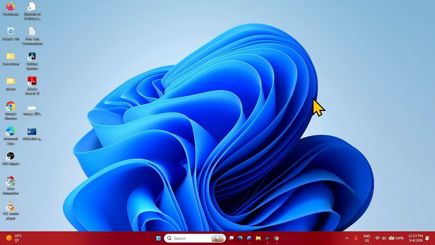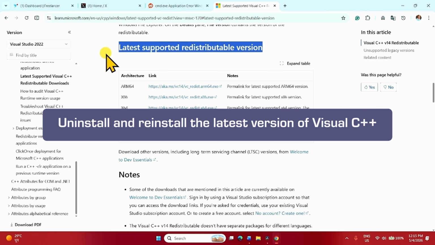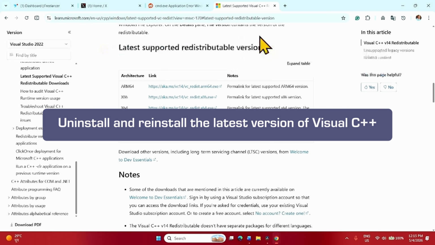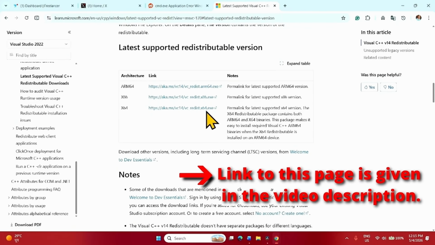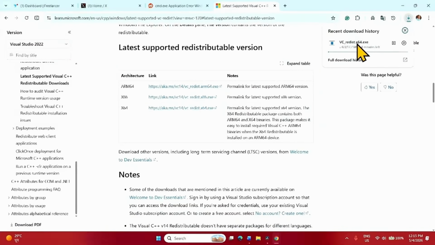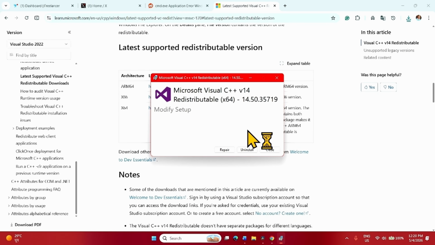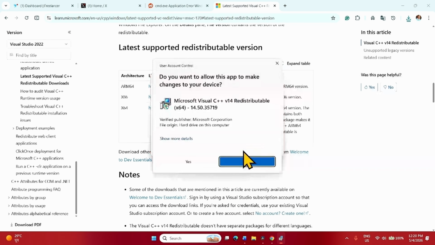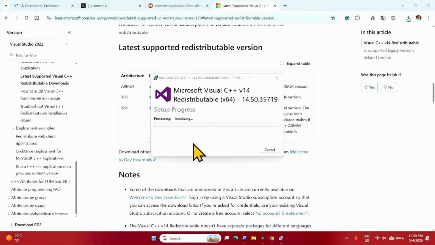If the issue still persists, uninstall and reinstall the latest version of Visual C++. Click on the link having the version compatible with your device. Let the exe file download. Once completed, click on the exe file, click on uninstall, click on yes, close,